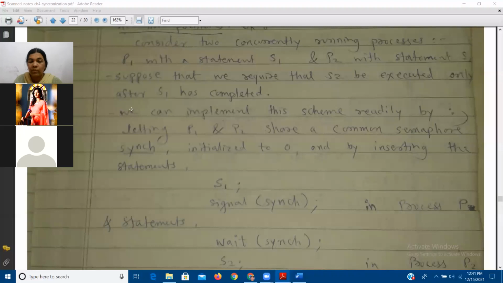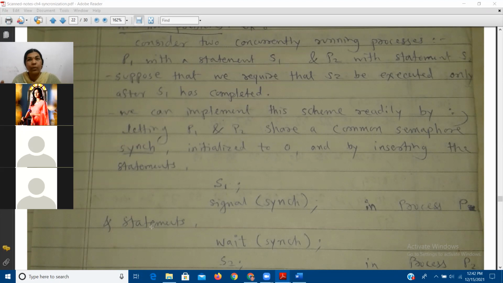Yes, ma'am. Okay, so the process which is outside the critical section, that is in the entry section, has to wait, provided that one process is already there in the critical section. The process inside the critical section will increment the variable to the required value, and the process outside the critical section will decrement the variable so that it reaches the required value. Here the required value is 5.